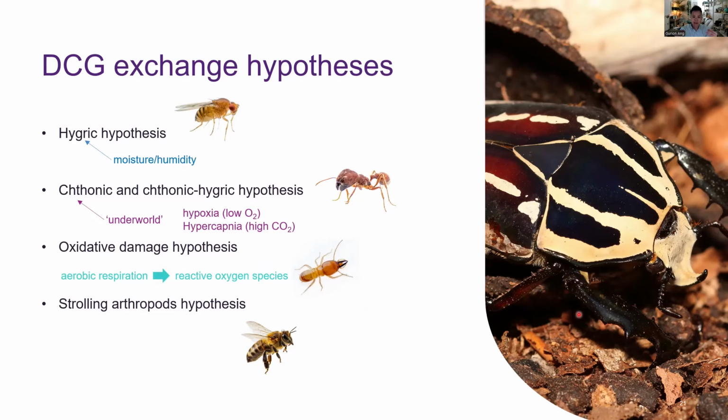So in insects that undergo a lot of aerobic respiration, there's also this risk, right? Any animal that is aerobic has a risk of accumulating too much reactive oxygen species, and then there will be cellular damage, oxidative damage to your cells, which is not ideal. So one hypothesis for discontinuous gas exchange is that this is a phenomenon to regulate the amount of reactive oxygen species that can develop, because DCG is a mechanism by which you prevent too much oxygen from being built up in your body,